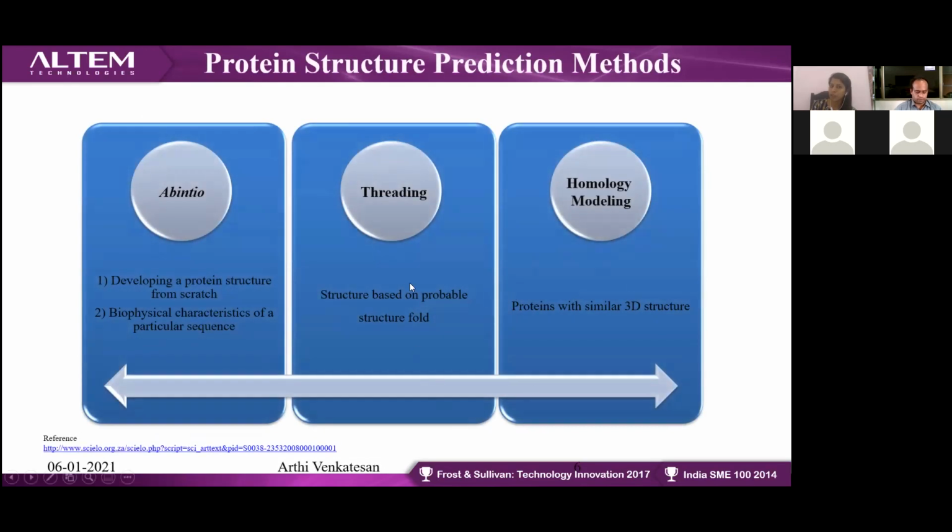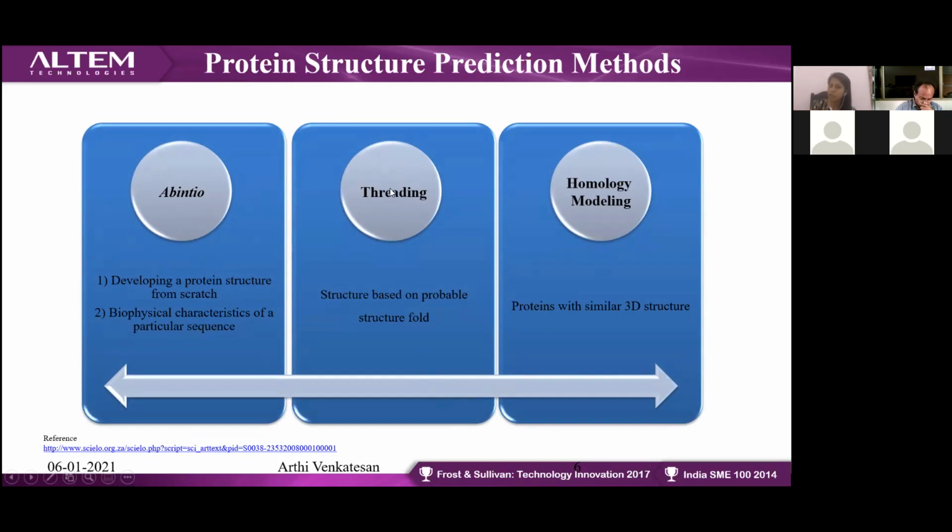Say for example, there is something called the ab initio method. The protein sequence will be searched against BLAST. In case BLAST does not give any similar sequence, then we have to go for the ab initio method. This is for starting from scratch. You don't know anything about the structure. You don't have any similar structure, and you will be going for the ab initio method.